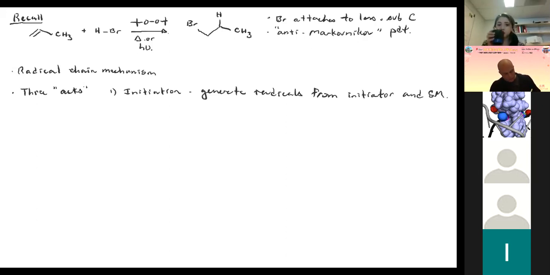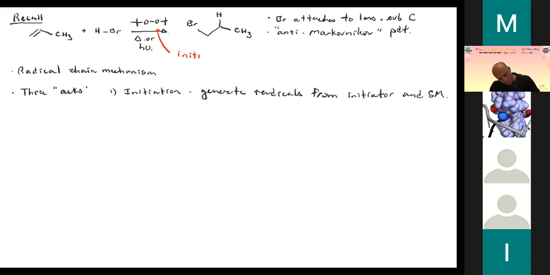And so in the reaction here, this is the di-tert-butyl peroxide is our initiator in that transformation, okay? And so we can draw a mechanism. The way we draw these mechanisms for the radical reactions is a little different than what we've done before because we break it into these three acts. But we can still draw separate mechanisms for each act. And so the mechanism for initiation